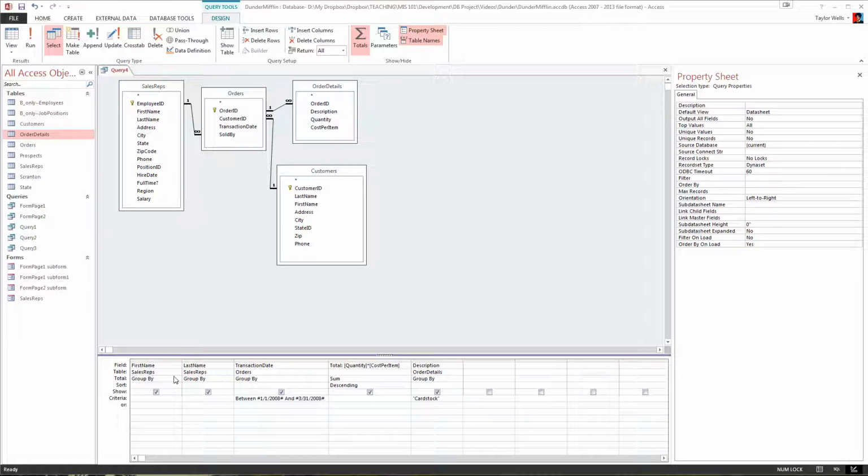We have the sales rep's first name and last name. We have the transaction date, and I've already applied a criteria here where we've got between 1/1/2008 and 3/31/2008. And so that criteria should limit it to just the first 3 months of the year. We're calculating the total using quantity and cost per item. We've also applied the totals row and added the sum aggregate function here. And then we have description because we need to limit it just to those cardstock sales. So this should be what we want, but when we run this query,